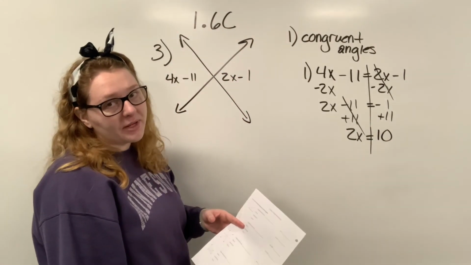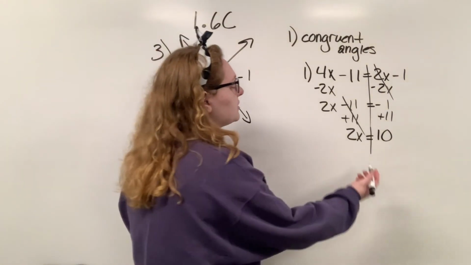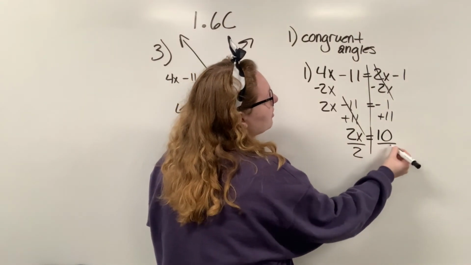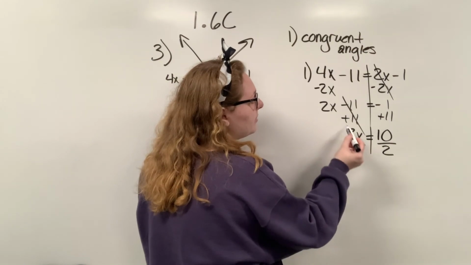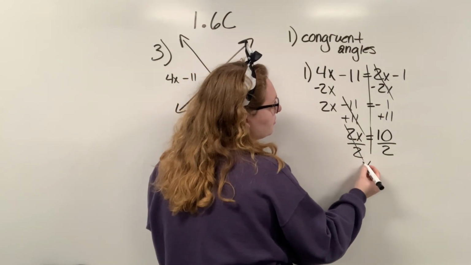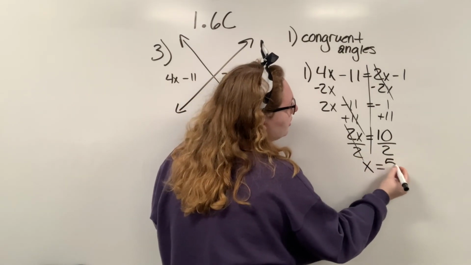So since there's some multiplication going on between our coefficient and our variable, our 2 and our x, to get rid of that, we're going to divide both sides by our coefficient of 2. Multiply by 2, divide by 2, those cancel. So we are just left with our positive 1x. And then 10 divided by 2 is